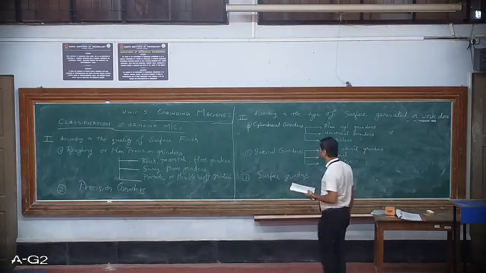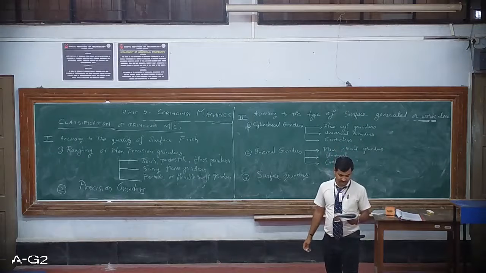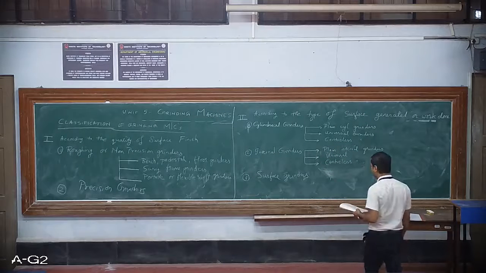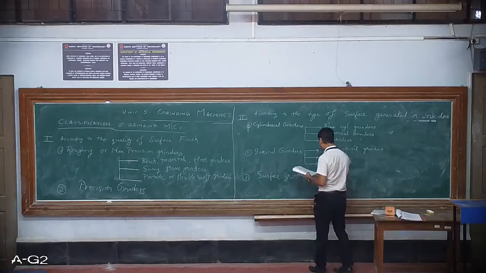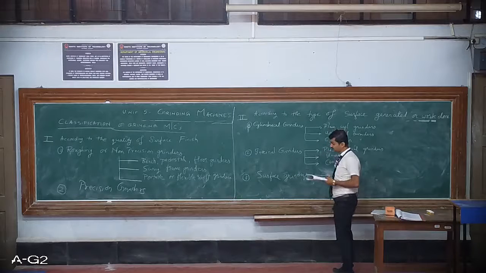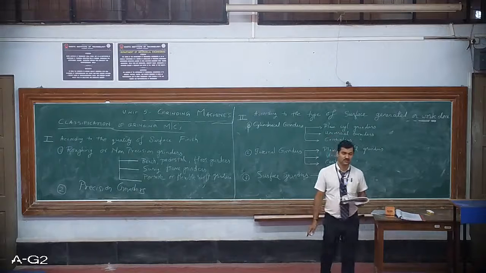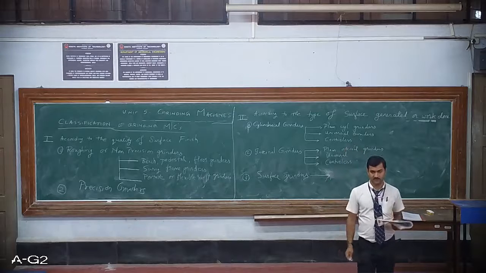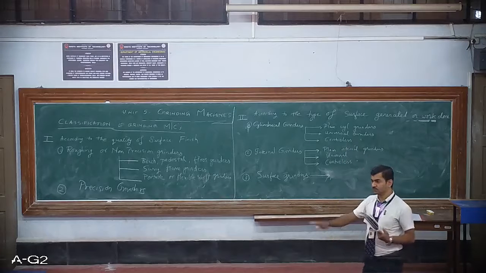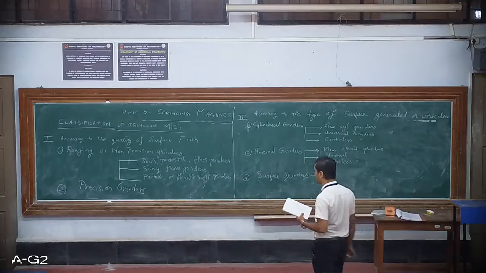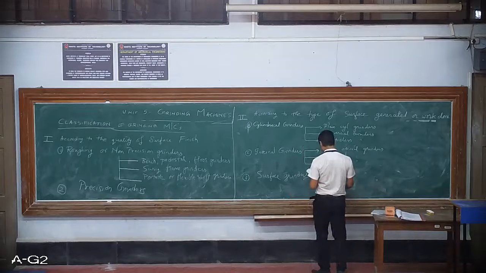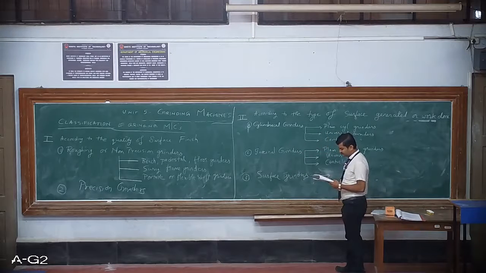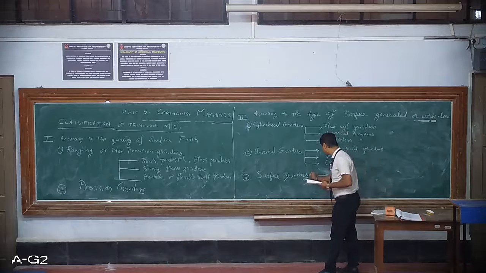Okay, so these are the three types in each: cylindrical and internal. The third one, surface grinders. Generally, for a larger application in the industry, surface grinders are very popular because they are used to smoothen the surface and produce a finish which is required. So the third one is surface grinders. In this you have two types: